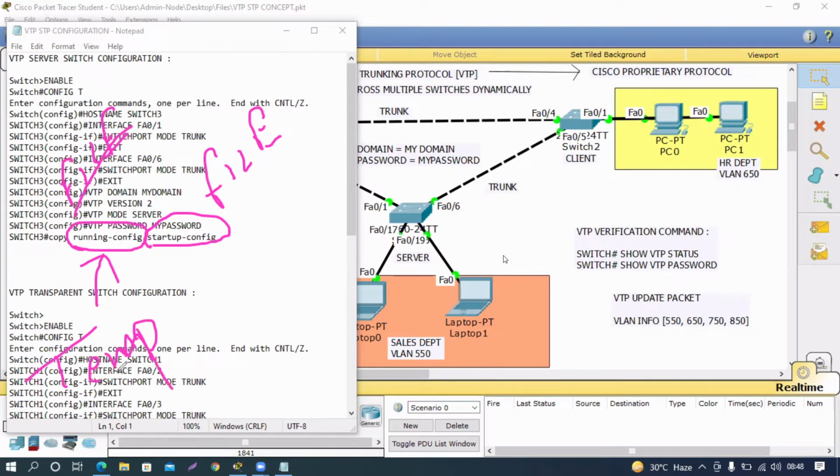So temporarily it is running from this file. Okay, means if I shut down this switch, or if I power off this switch, for example, then all these configurations, what exactly is running on the switch, it is deleted, it is removed. Okay, that is why we are saying temporary configuration. But startup configuration, it is like what? Permanent configuration. Means whatever information we have in a switch, if we are saving it, it basically gets stored permanently